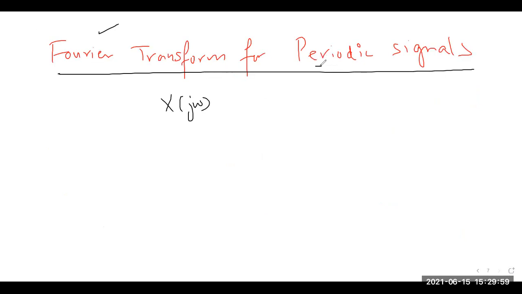बट व्हेन वी रिप्रेजेंट पीरियोडिक सिग्नल in terms of its Fourier transform representation, we will see that इस केस में जो फोरियर ट्रांसफॉर्म होगा वो एक यूनिक किस्म का ट्रांसफॉर्म होगा जिसमें आपको इम्पल्स फंक्शन इन्वॉल्व होगा, ठीक है। सो लेट मी राइट दिस स्टेटमेंट और इसको फिर हम प्रूव भी करेंगे।